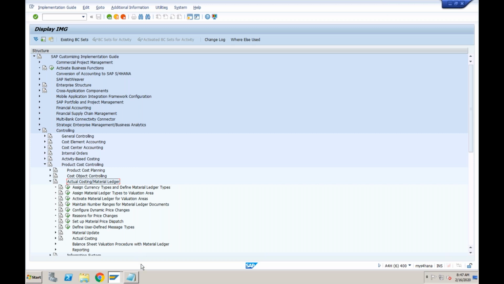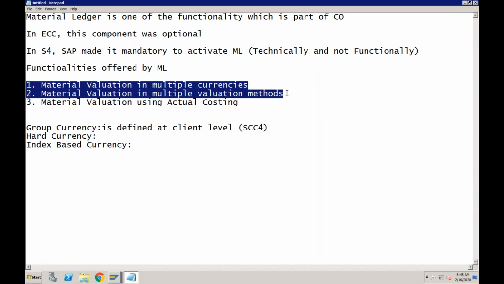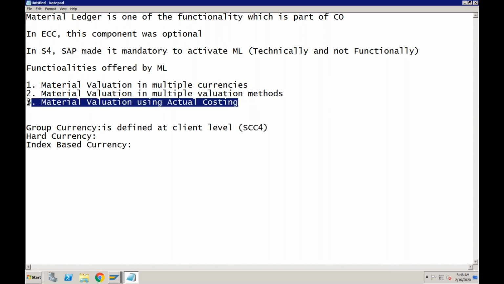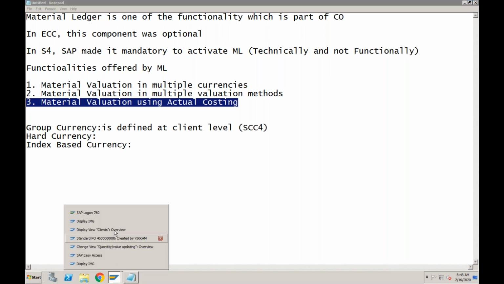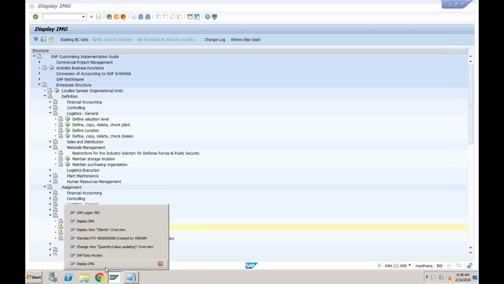Okay, so we will see one by one. First, I will show you how to activate material ledger in multiple currencies and in multiple valuation methods. Once we complete this, then I'll show you how to activate actual costing also. Okay, let's do it one by one. So what I need to do is, within the material ledger configuration,